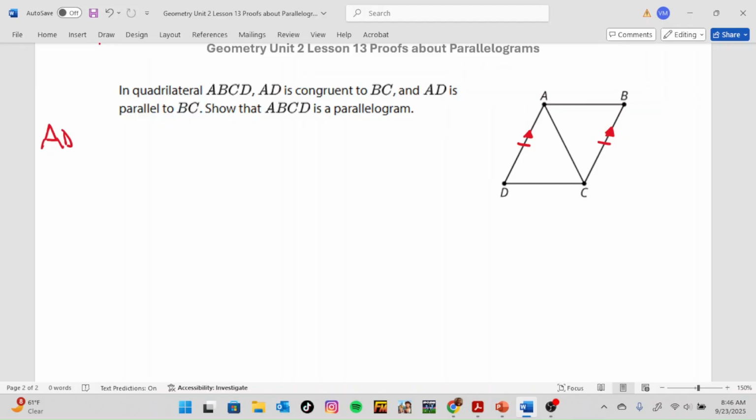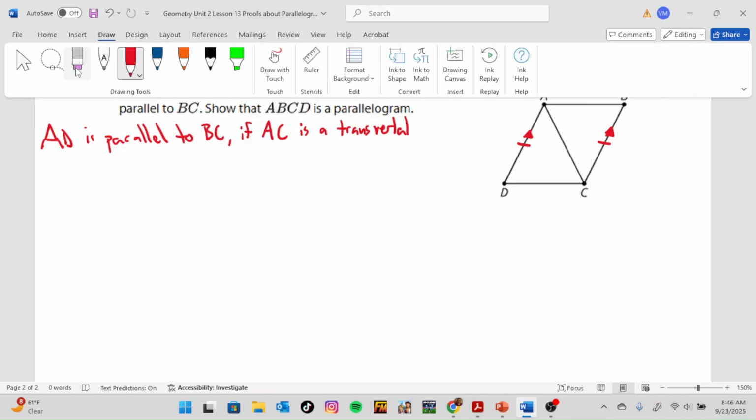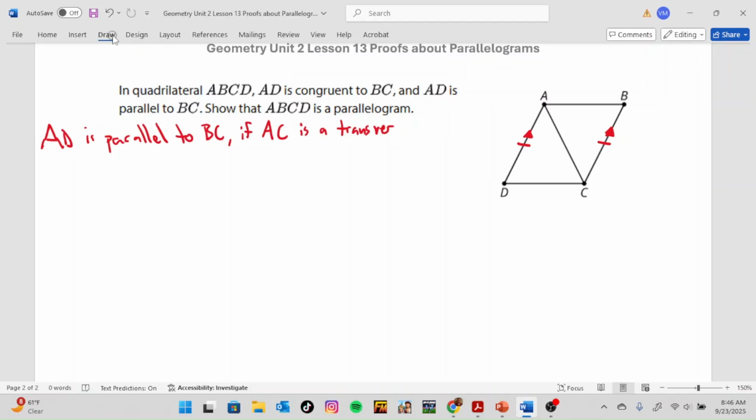AD is parallel to BC. If AC is a transversal of AD and BC,